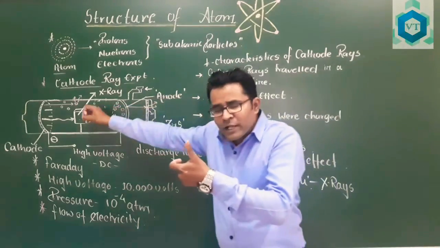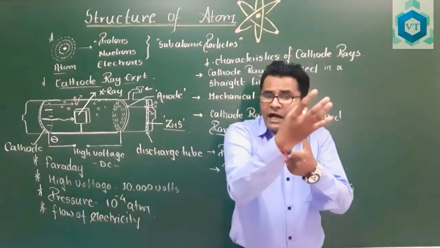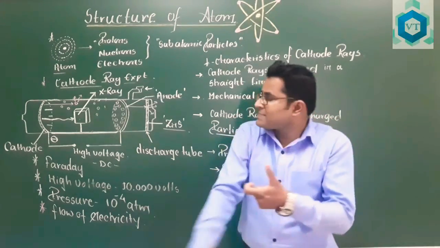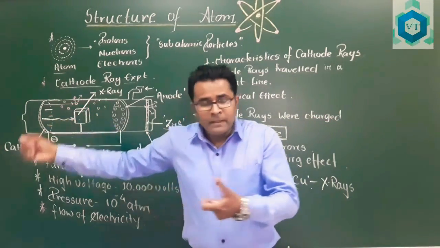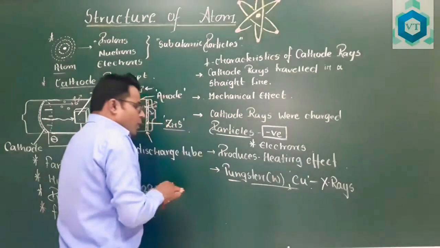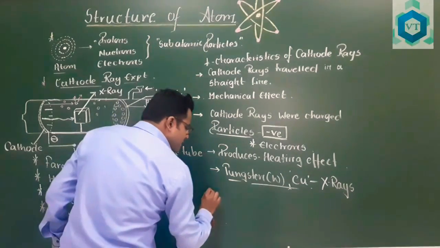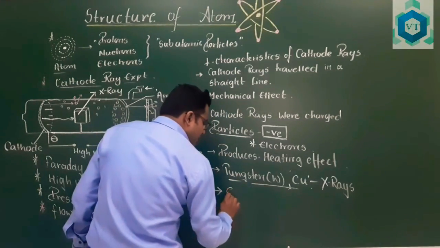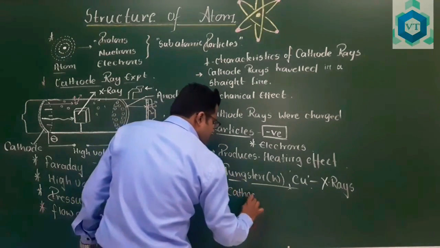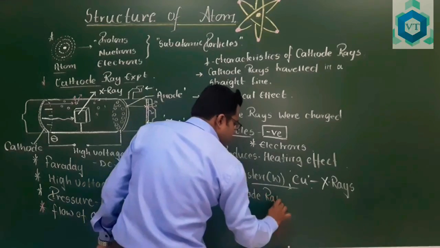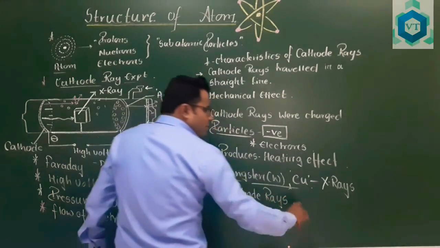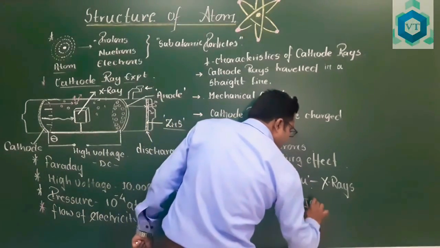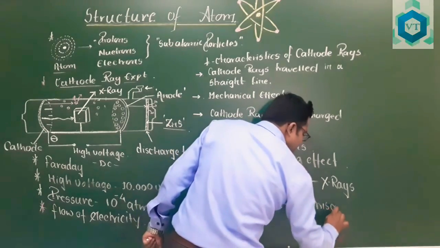As they were getting ionized, they started emitting radiation. That is, it started to glow. Therefore, the next point we can say is that these cathode rays were responsible for ionization